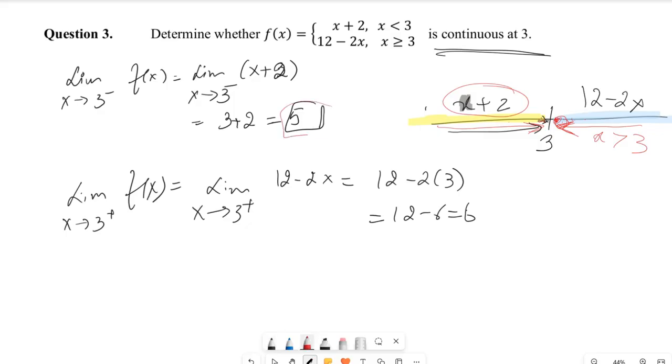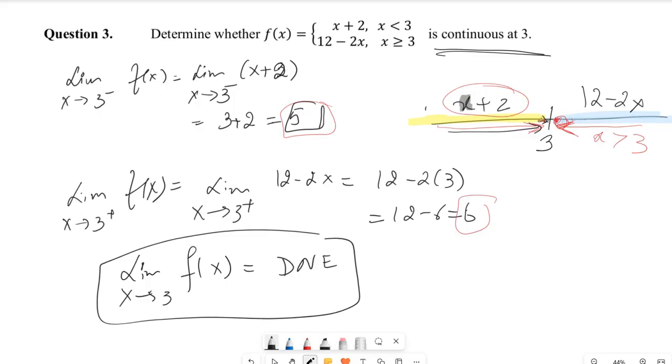Now you notice this limit is not equal to this limit. One is 5, the other one is 6. Therefore, the limit does not exist. The limit as x approaches 3 of the function does not exist. If this limit does not exist, the function is not continuous